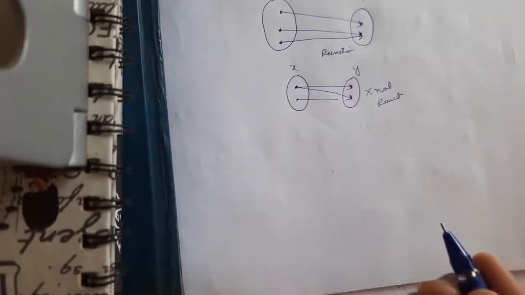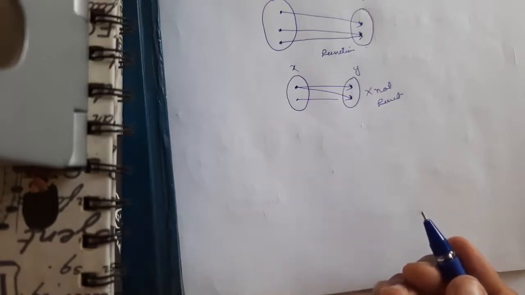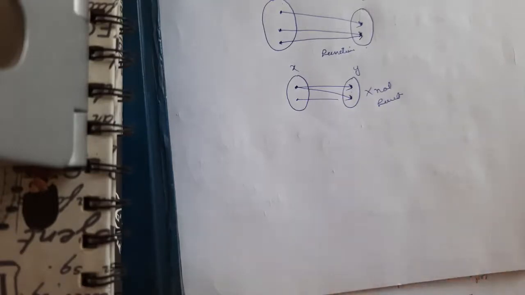Simply just remember that a function is a relationship. So can you give me some examples of functions around you, just like I gave you the fan and switch example? Just think about it and write it in the comment section, if you find a function around you. So the simple definition is: a function is a relationship between two variables and it should give you exactly one output for one input.